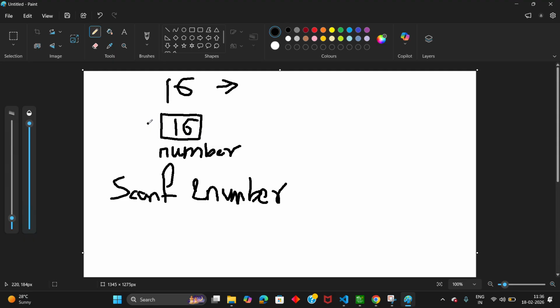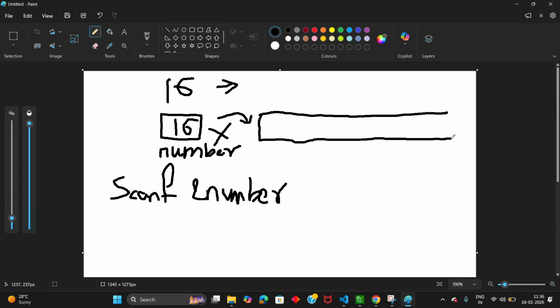So now the point is, how is the number going to be stored? Is it going to be stored in decimal itself, and how many bits does the number require to store? You need to get this point. No, it is not going to be stored in decimal itself, it is going to be stored in binary. The data will be stored in binary, that is zeros and ones. And for an integer, by default it requires 32 bits.